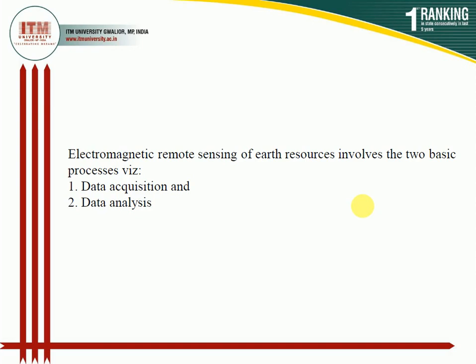When we talk about the remote sensing technique, there are two basic processes which occur in remote sensing. First one is data acquisition, and second one is data analysis. In data acquisition, all sorts of land features, vegetation, means all sorts of information which we can gather about a particular object or place or any vegetation, we will collect that and then process that particular information in the form of an image. Later on, that imaged information is further processed for decision making or any interpretation with the help of GIS software.